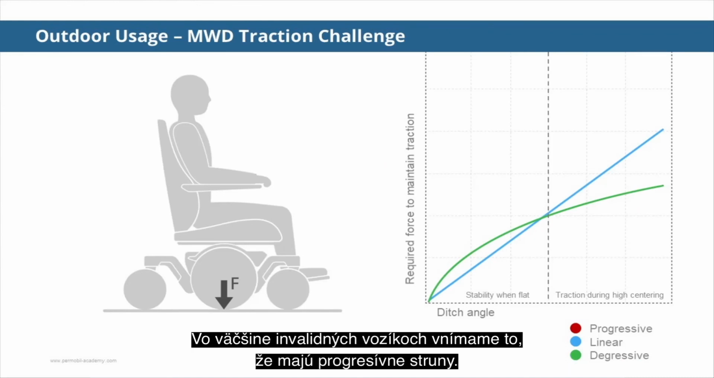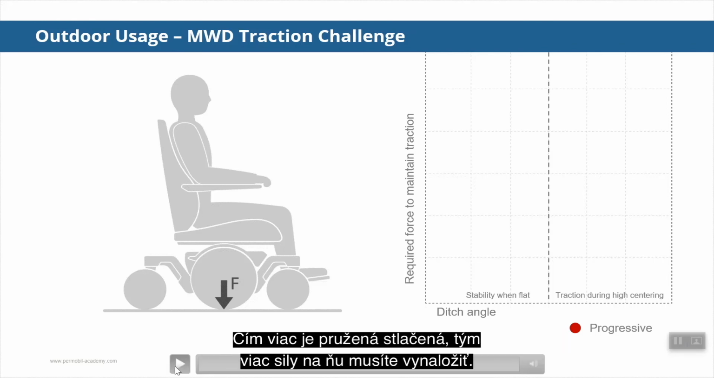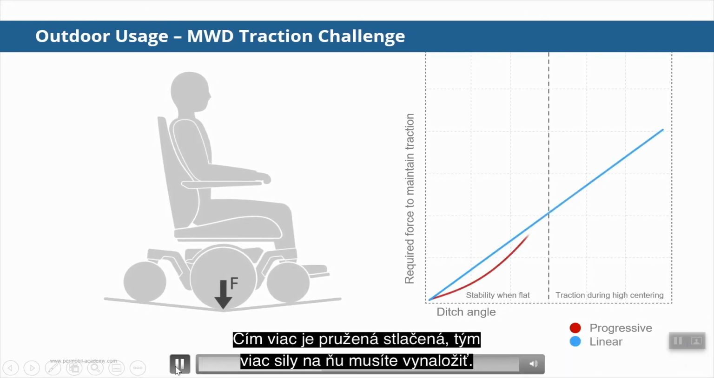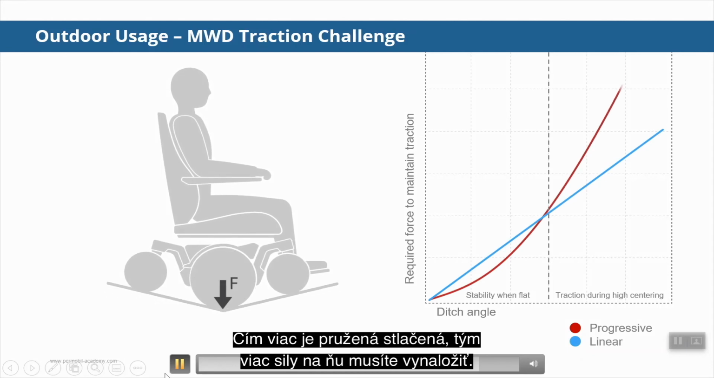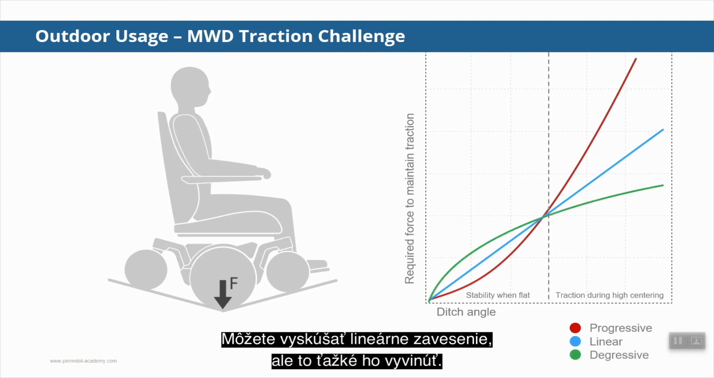What we see in most of the power wheelchairs available is that they work with progressive springs. So the harder the spring is compressed, the more force you need to further compress the spring. And this type of spring doesn't really help to prevent the high centering. You can try to go for a linear suspension, but this is